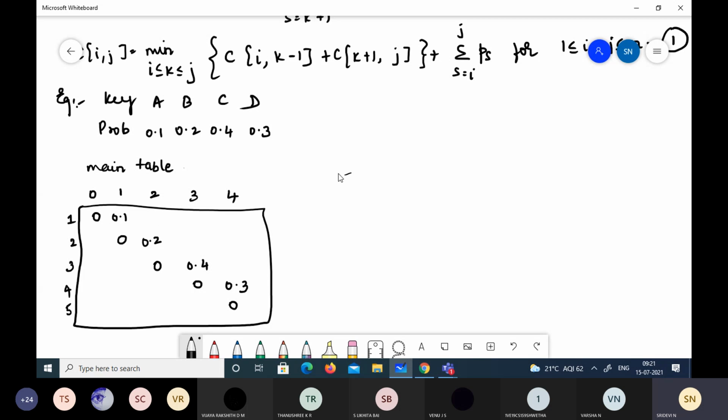We also have a root table. Using this root table only, we will be able to identify the keys and construct the tree. Among ABCD, which forms the root is given by this root table. So we will fill these values here: 3, 3 and 4.